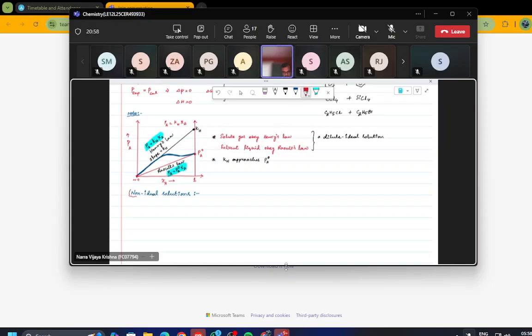What are non-ideal solutions? Those which do not obey Raoult's law. Or can I say, liquid A interactions, liquid B interactions,